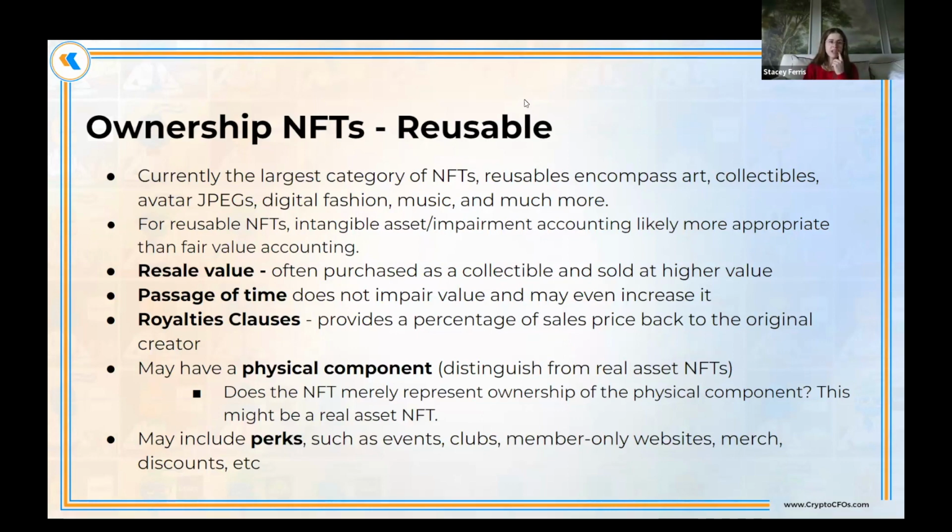Royalty clauses are very common, and a lot of them have physical components. Now, you have to distinguish this from a real asset NFT. Does the NFT merely represent ownership of the physical component, or is it a physical piece that comes along with the NFT? That physical piece might not be resold when you resell the NFT, so that's something to consider. It might include perks. In fact, a lot of them do, particularly if they are representing membership of some kind. So it could be access to events, access to clubs, either digital spaces, virtual clubs, or physical places, member-only websites,